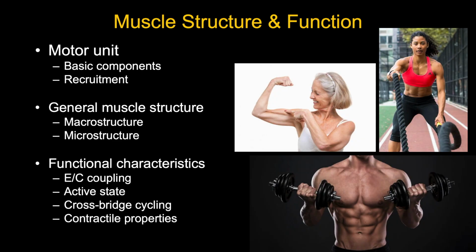In this section, we're going to talk about how we take those electrical signals and translate them into mechanical contraction of skeletal muscle. So here's what we're going to look at. We're going to look at what a motor unit is, all the basic components, and how we recruit these motor units. We'll look at general muscle structure, we'll look at the macro as well as the microstructure, and we'll look at the functional characteristics of skeletal muscle. We'll look at the excitation-contraction coupling, the active state, the cross-bridge cycling, as well as the contractile properties of skeletal